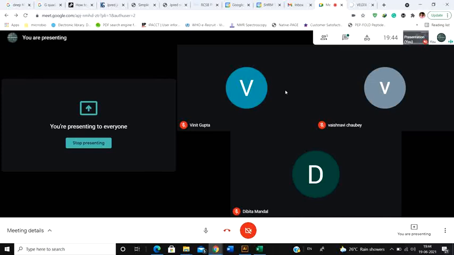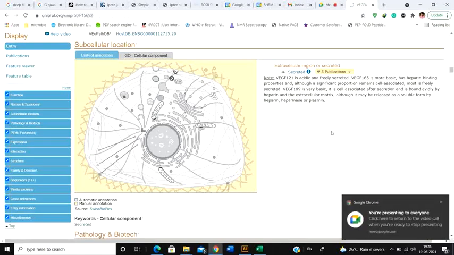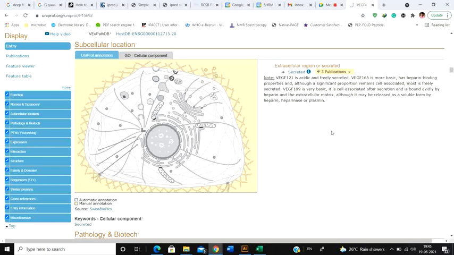So the signal peptide only stays with the protein till the cell membrane, while the proteins which don't have a signal peptide are released inside the cytoplasm. They are not taken to the cell membrane. Understand? So that's how we get to see the differences. Any signal peptide has a similar sequence. And that's why if you simply find that the signal peptide is present at the N-terminus of a particular protein, you know that yes, this protein is a secreted protein.